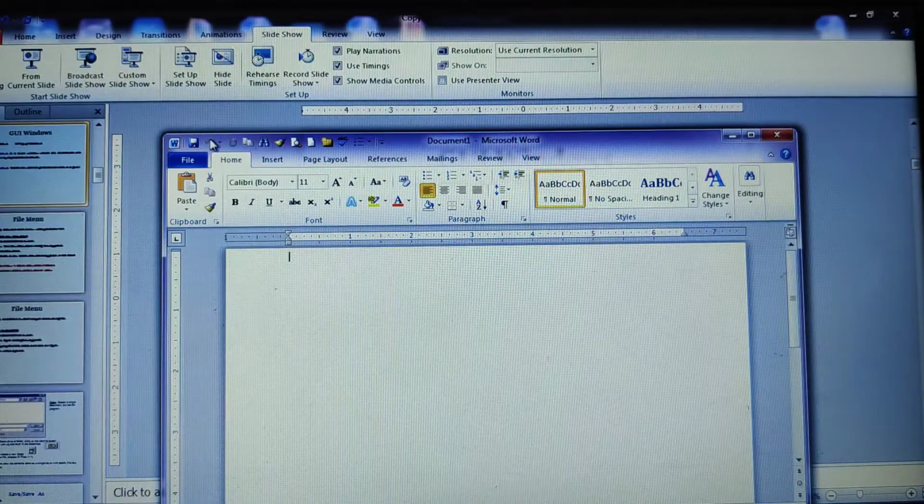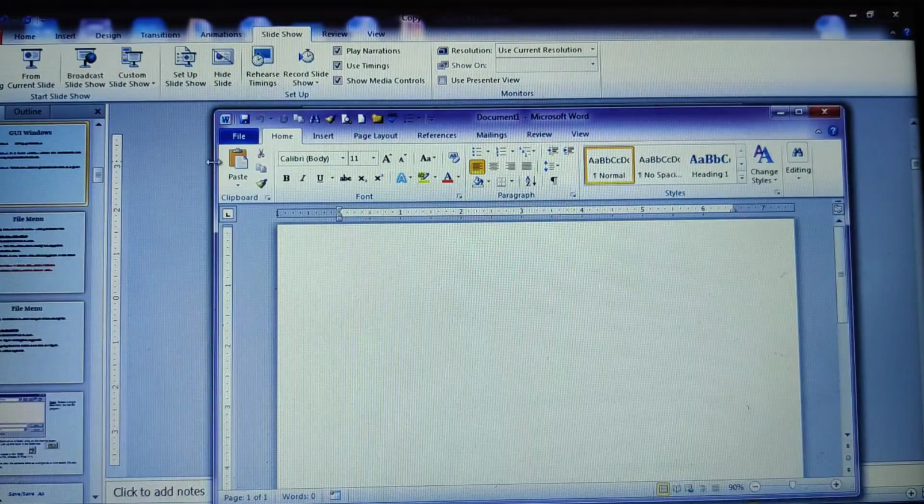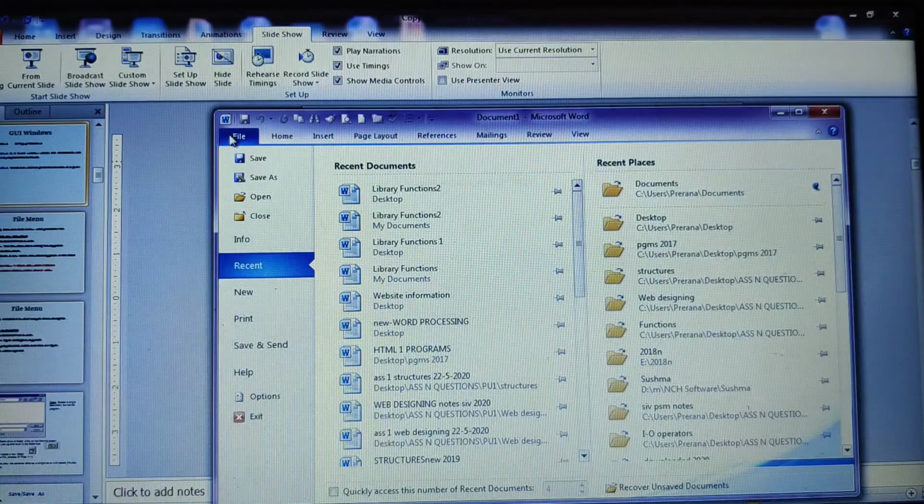Now here I have added a quick access toolbar. I'll show you how I have added it here. And now this is my menu bar, which is entirely called a ribbon. These are all formatting toolbars, in the form of icons. I'm using MS Word 2010. Now let us show you what a fixed window and a pop-up window are. When you click on this file menu, you have standard operations to perform.